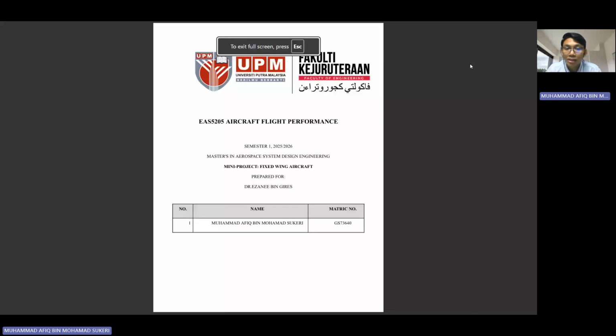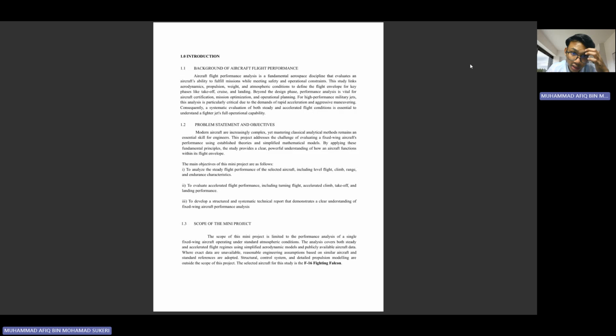So this is the abstract for my technical report. I highlighted several findings in this report, and there are two main parts. First is the performance analysis of the steady flight, and second is the performance analysis of accelerated flight. All right, moving on to the introduction, I have selected the F-16 Fighting Falcon by Lockheed Martin